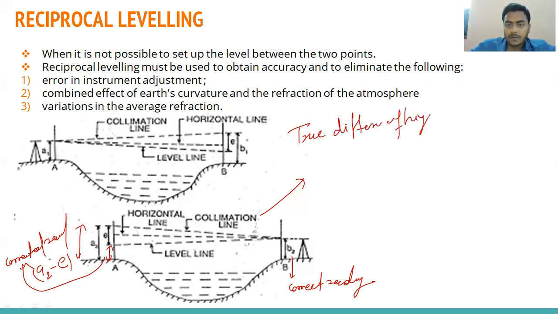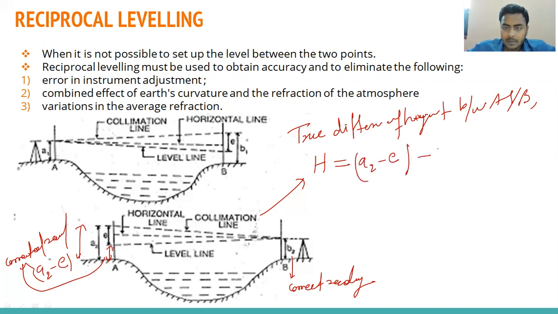So we can calculate the true difference of height between A and B, and give it the name H. So H we can write here (A2 minus E) minus B2, right? So we can write A2 minus B2 minus E. The first equation is H equal to A1 minus B1 plus E. Second equation also. So now we can write